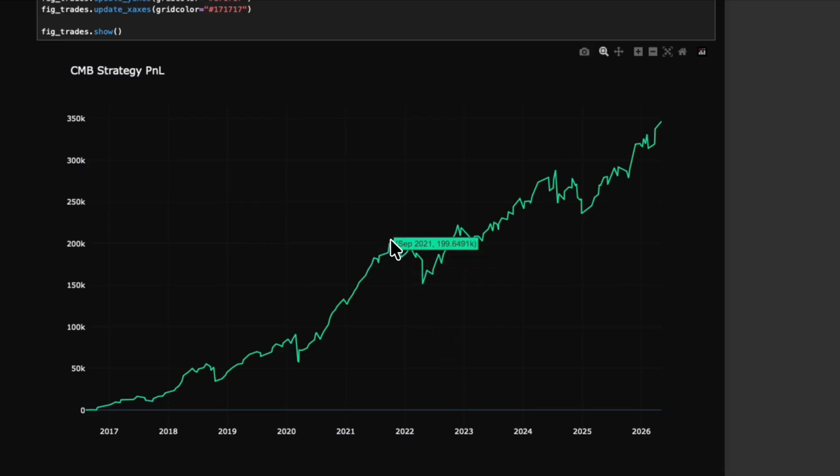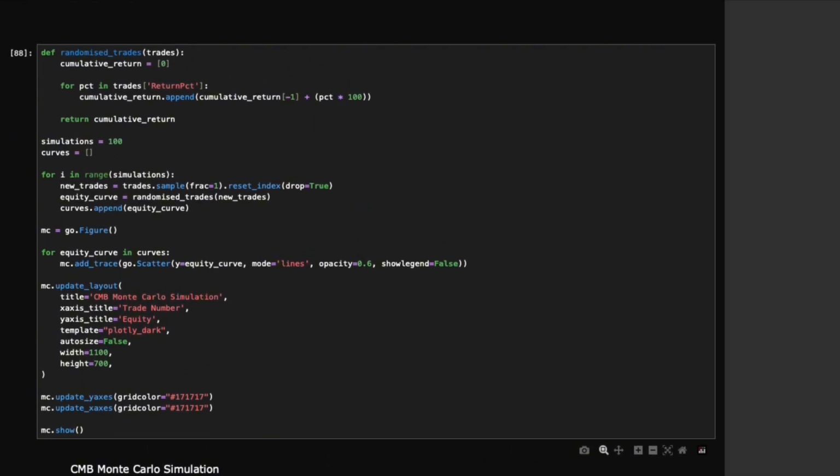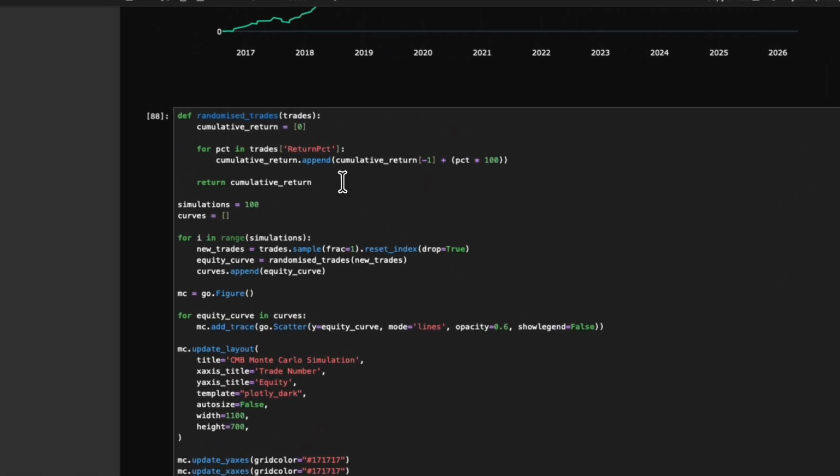It was that, by the way, that period of time I think was when the Qs were falling anyway, as in general. So I mean, there's no shame in taking your strategy off while a bear market's underway. But there we go. So P&L's there, and then for our Monte Carlo simulation, this does a similar sort of thing,